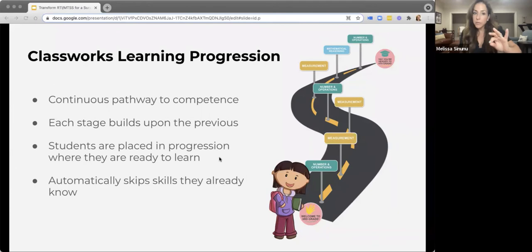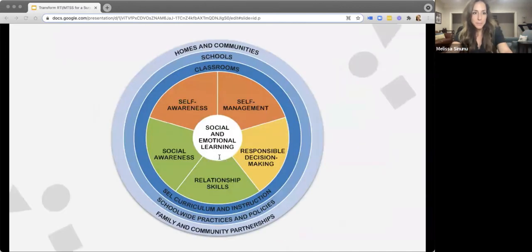Not only is every student placed exactly where they are ready to learn, Classworks also skips the skills an assessment determines they already know. This ensures that all time spent in the Classworks intervention is relevant to what every student needs. Now, this year especially, we want every minute the student is spending on their intervention to be on exactly the skills that are right for them. So all of this is automatically active for every student based on their screener results, instead of asking the teacher to find and assign the right interventions.